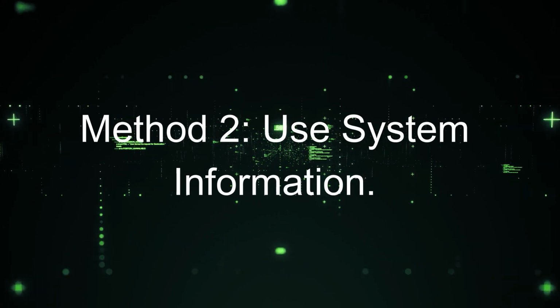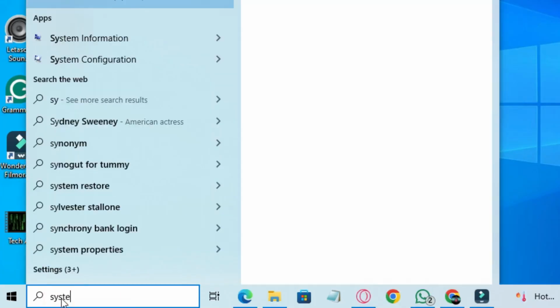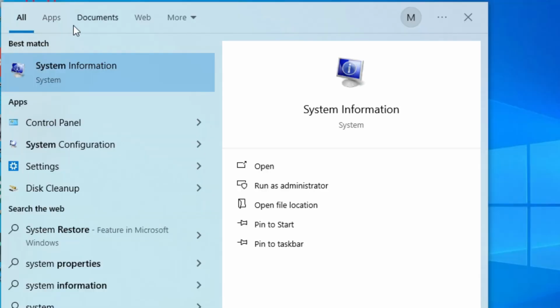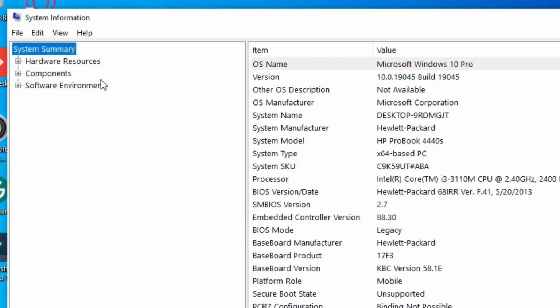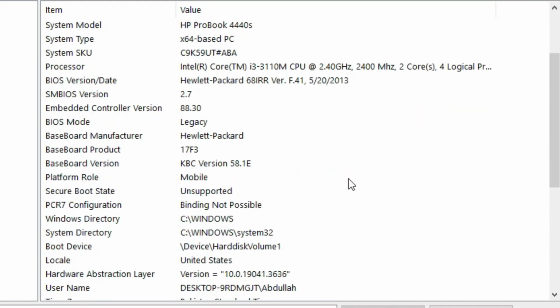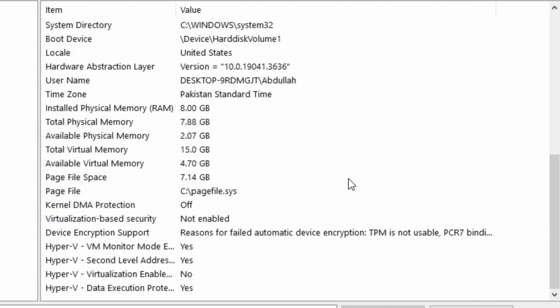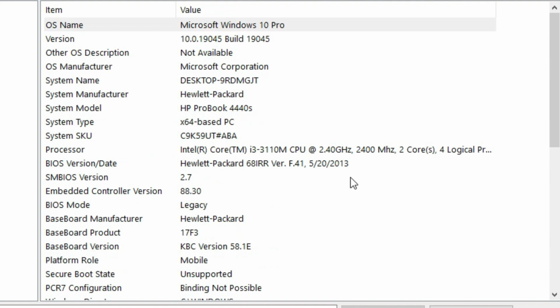Method 2. View System Information. Start typing System Information into the Windows search box and click System Information at the top of the results. The System Information panel will now open and display a system summary in the right-hand side of the window. This provides lots of useful information about your PC specs, including your processor, motherboard, and available memory, both physical and